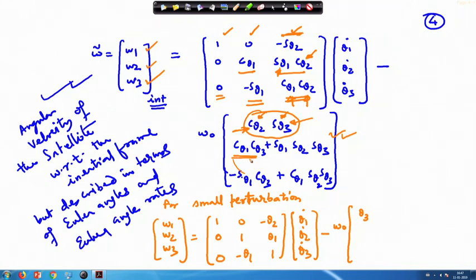Similarly, this part will get reduced to 1, while this part will be 0, because here this is of first order, first order, first order. If we approximate it, 3 terms of first order multiplied together become of third order. So we can neglect them as compared to the 1, we are approximating cos theta 1 as 1. As compared to this, this will be small.